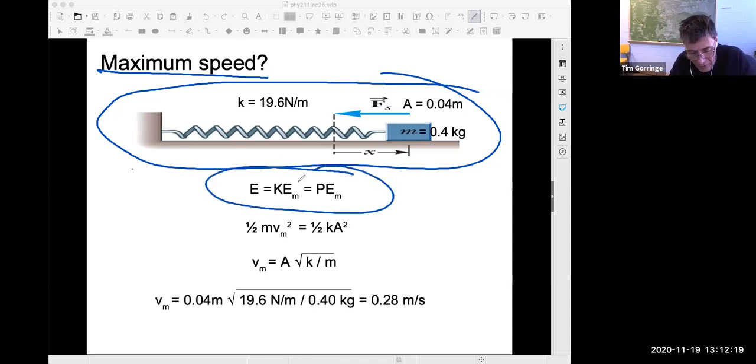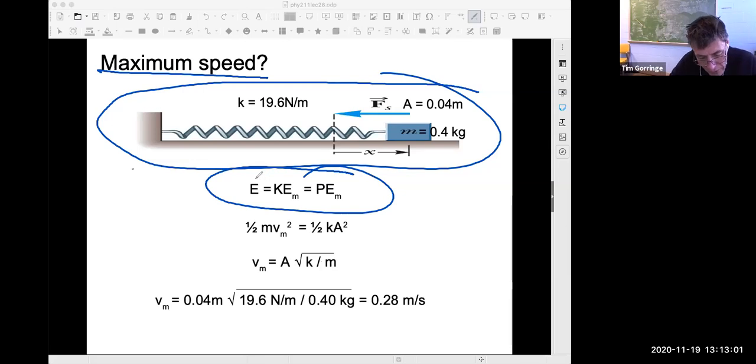The basic concept here is that there's a total amount of energy in that situation because of the stretching of the spring. Once we release the mass on the spring, the mass will move, the spring will stretch and compress, but the total energy stays the same. If we were to compare the maximum kinetic energy and the maximum potential energy, those energies would be the same. They're at different instants in time, but the maximum kinetic energy is equal to the maximum potential energy. That's equal to the total energy of the mass spring system. So that's our basic starting idea.